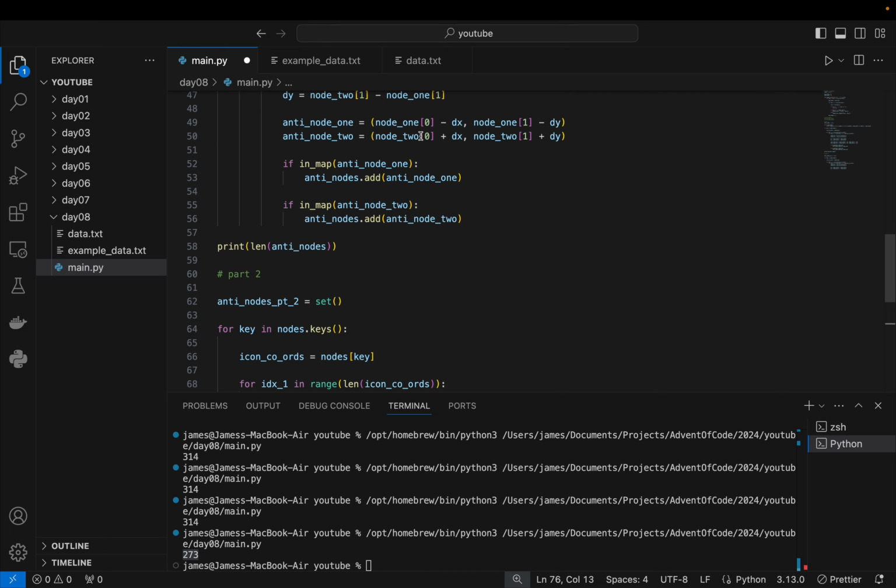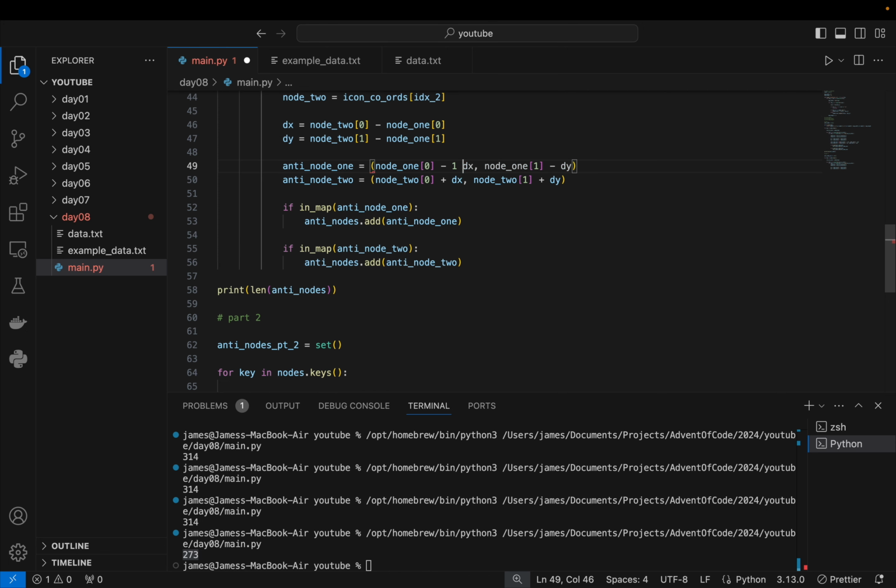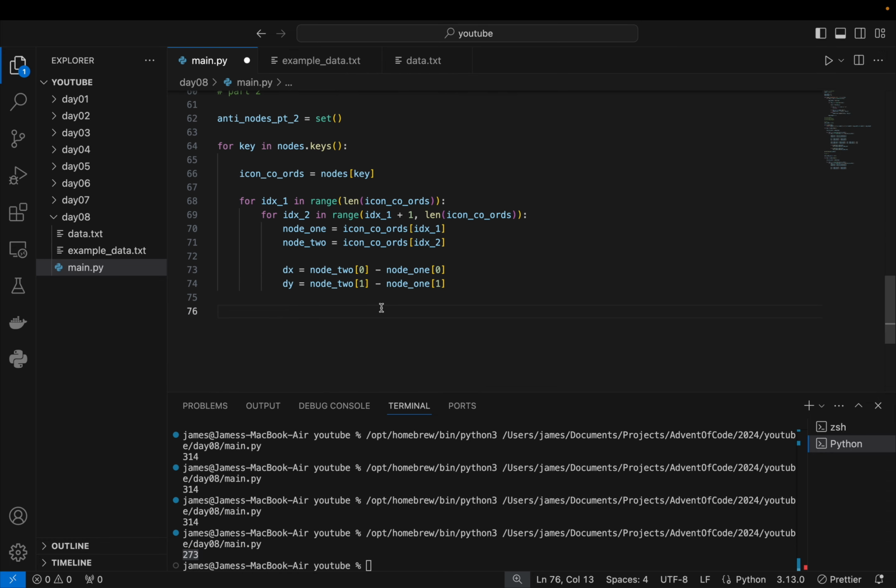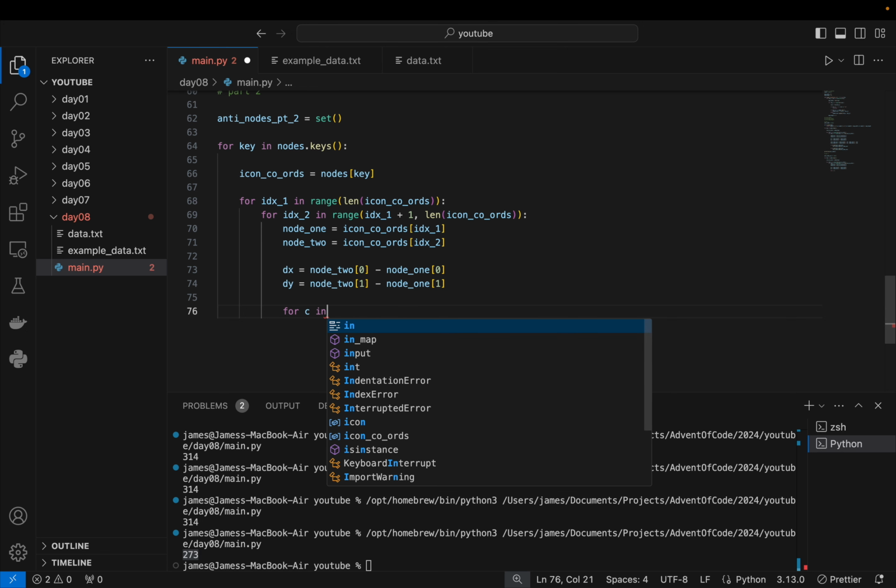okay, that's like going 1 times this, 2 times this, 3 times this, 4 times this, all the way back. And then the same here, 1 times this, 2 times this, 3 times this, with the same constant over here. And so then we just have to think, what's a sensible limit for the constants? And I decided to pick large enough constants because we're going to keep checking to see if they're in the map. So while it wouldn't be as efficient as picking tighter bounds for the constants, I just picked something that I was sure would work. So if we were to say, for some constant in the range,